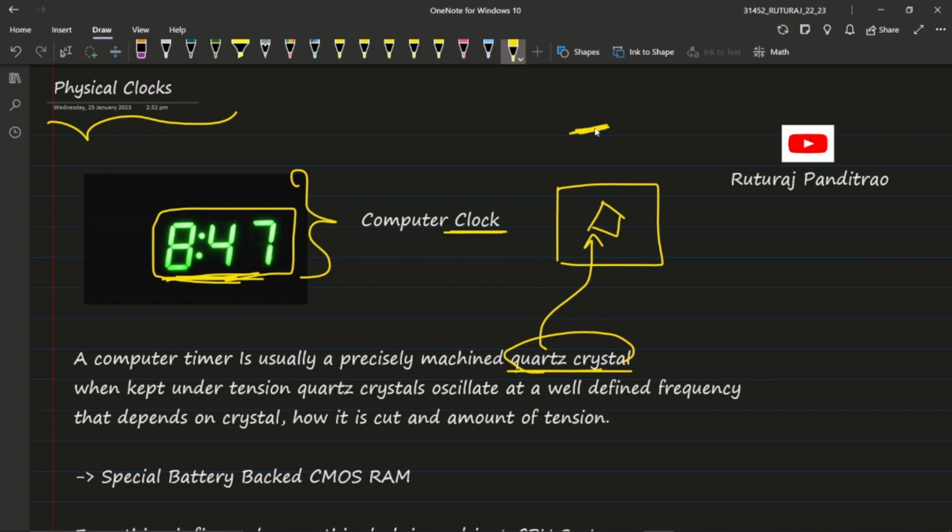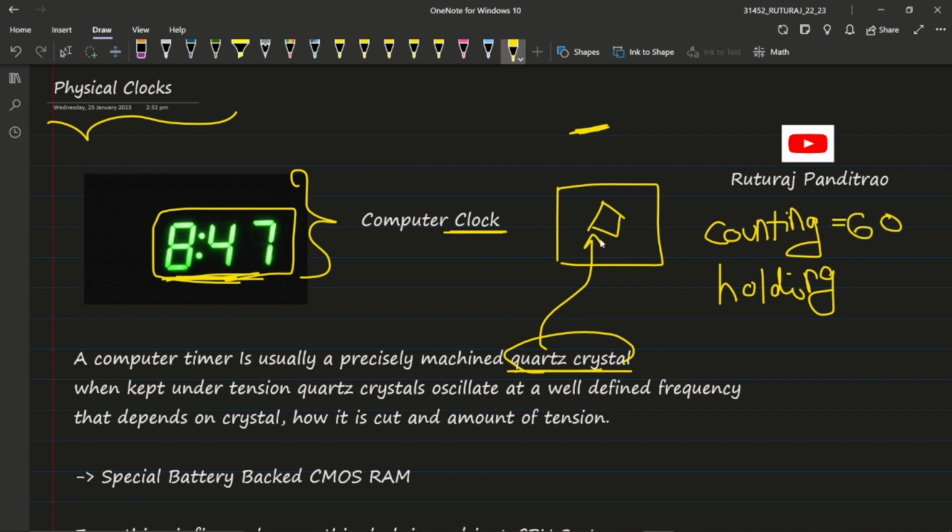Isn't it surprising? For this, we have two registers. One is known as the counting register, and the second is the holding register. You will get a hang of it in a second. Just bear with me. Suppose the counting register holds a value of 60.